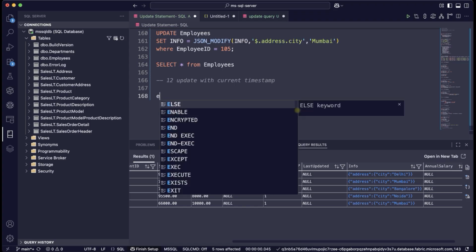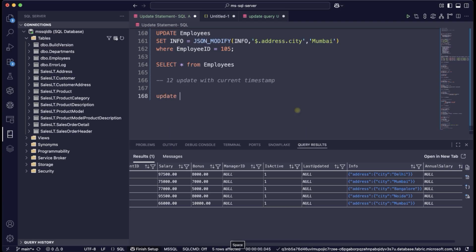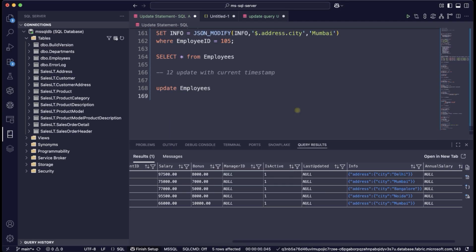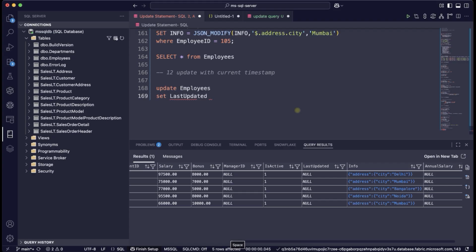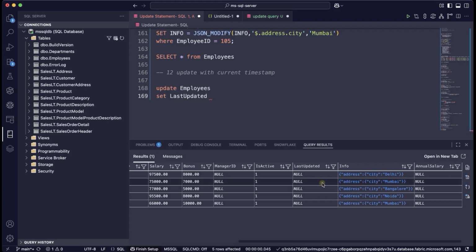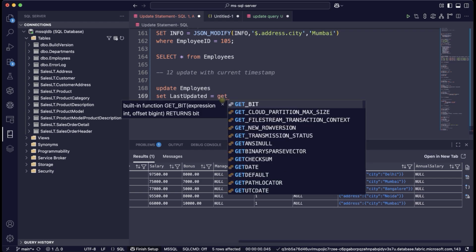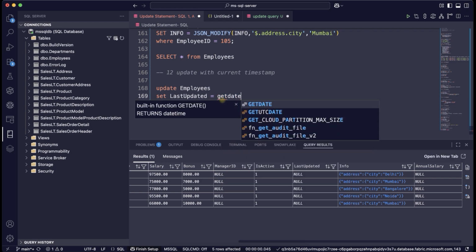So let me use update for the employee table, and we have a column called last updated, which currently has a null value, and let me use the GETDATE function,